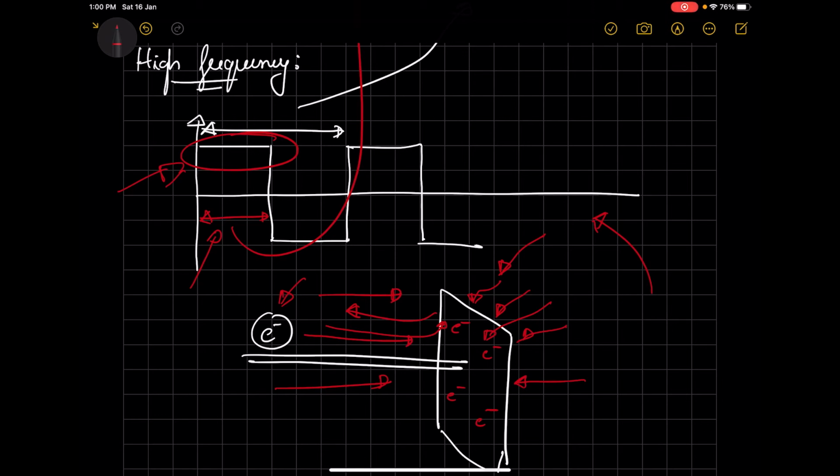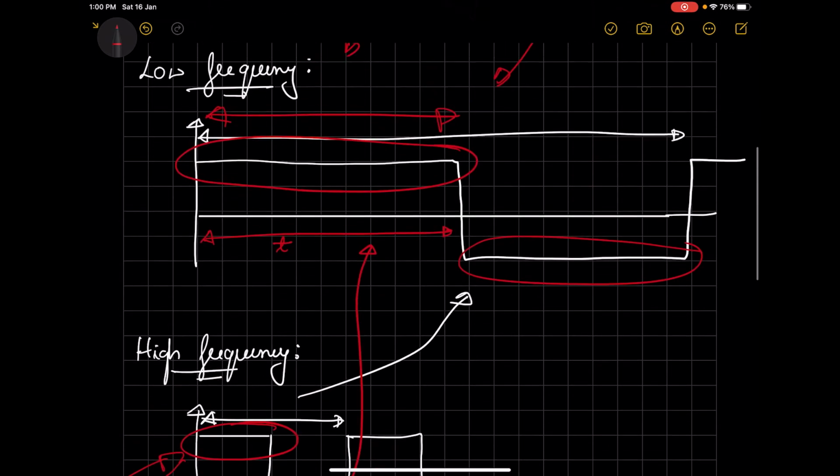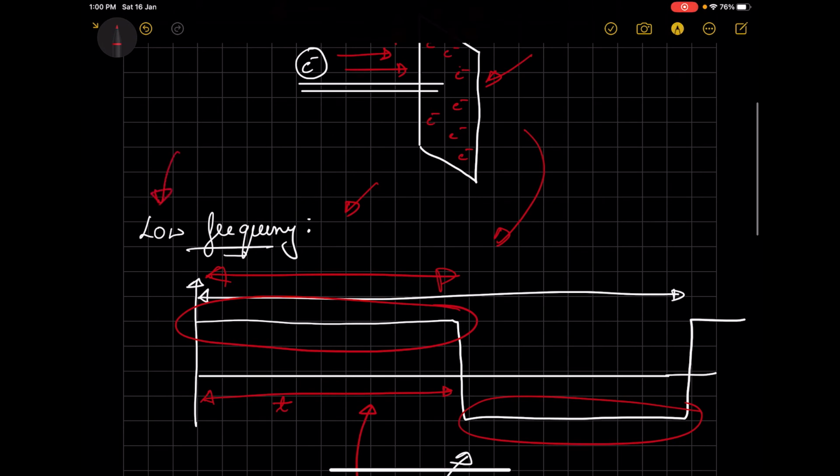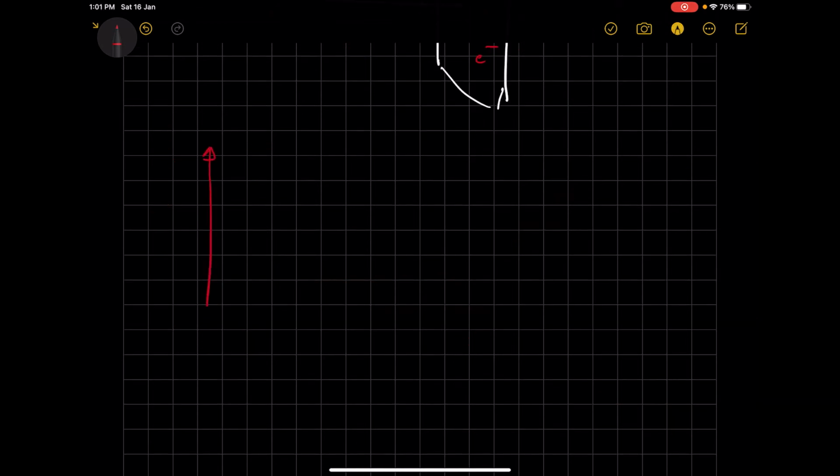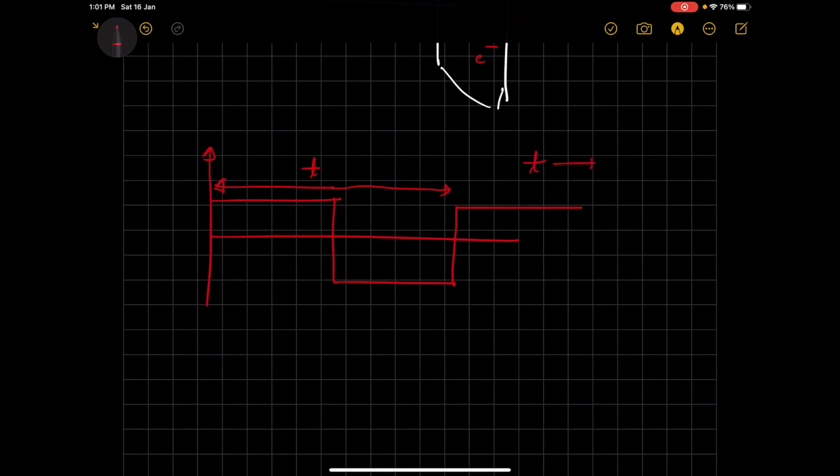Let me take a special condition and give you some more intuition on this topic. A special case of a low frequency signal is a DC signal. How does a DC signal look? If the signal was a straight line, the signal would just go forever. What I am trying to say is, if you have an AC signal of low frequency and you have a time period T, and if this time period tends to infinity, meaning the time period will become quite large,